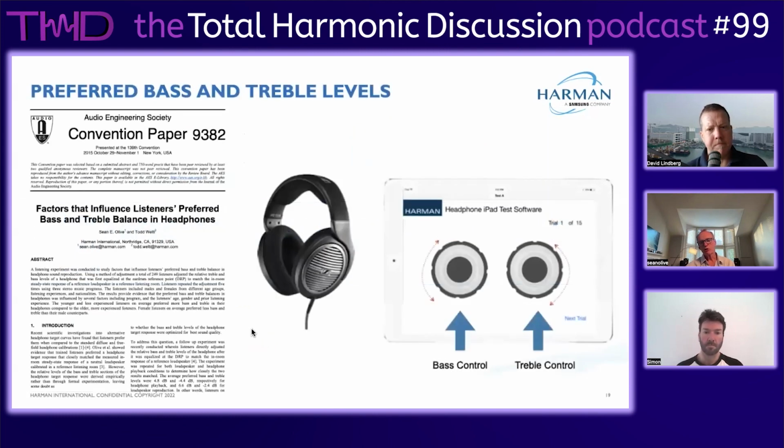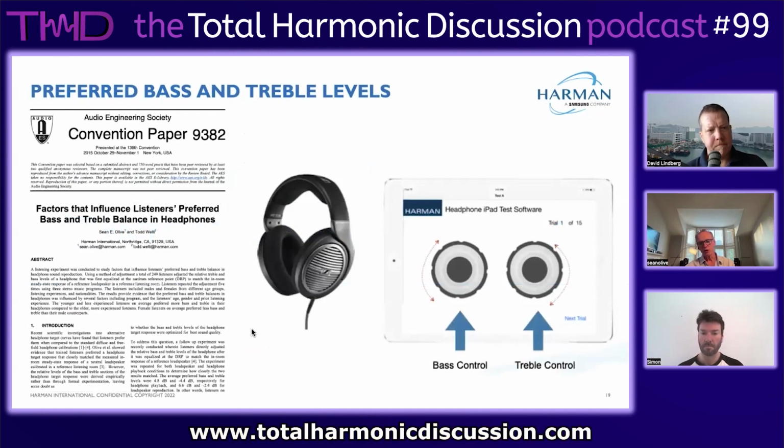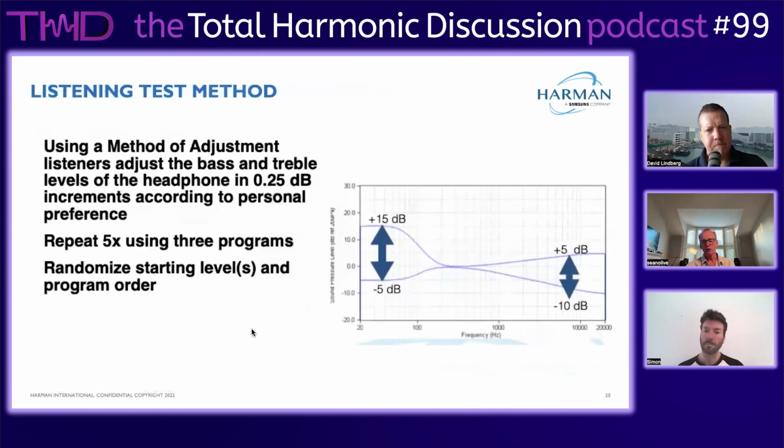So while we were making a tour of the world, we also designed this app where they could move these knobs and adjust the bass and the treble to something that they preferred. And they could do this over a range of 20 dB in the bass in quarter dB increments, or 15 dB in the treble. So these are very broad bass shelving filters, very, very broad treble filter. And they would do a total of 5 repeats with 3 different pieces of music. And we'd always randomly start the level of the bass and the treble so that they would have to adjust it to what they liked.